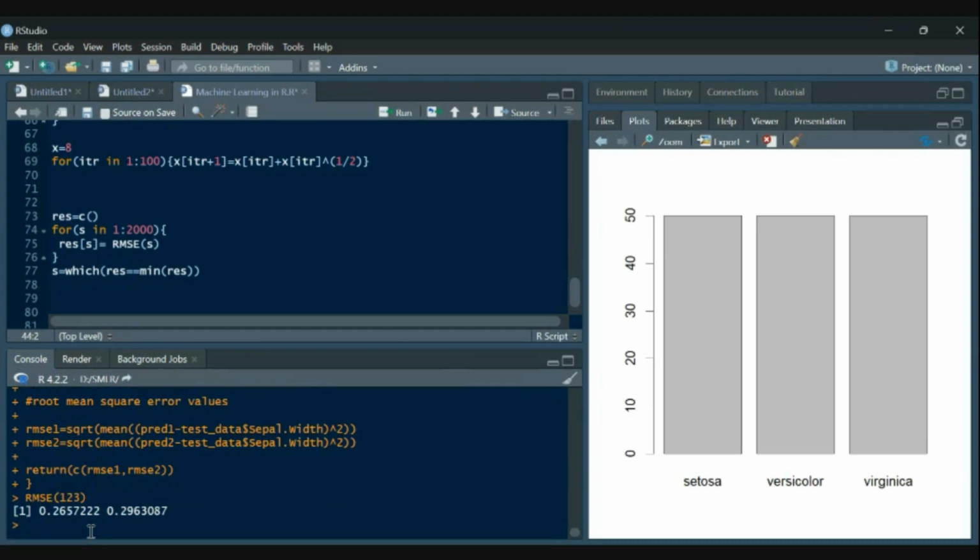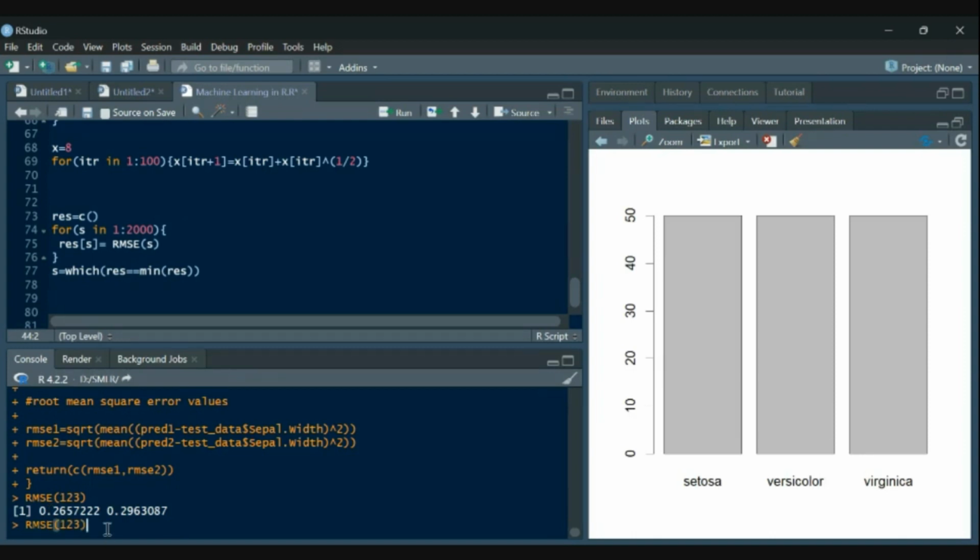So for 1, 2, 3, it gives me the values 0.2657 and 0.2963087. So these are the two values it gives me. And so here we can see that our model number 1 is better.